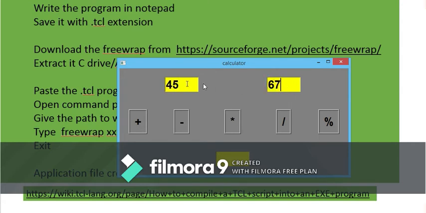Two inputs can be provided in the same entry box. There are buttons to execute the functions, and the result is shown in a third entry box. I have integrated 5 different functions in button format, and each provides its result in the same entry box. I hope after executing these steps you will be able to design your own application file of a TCL program.